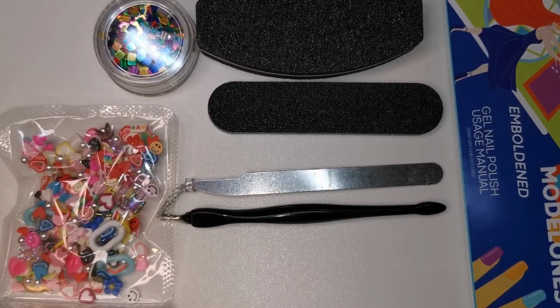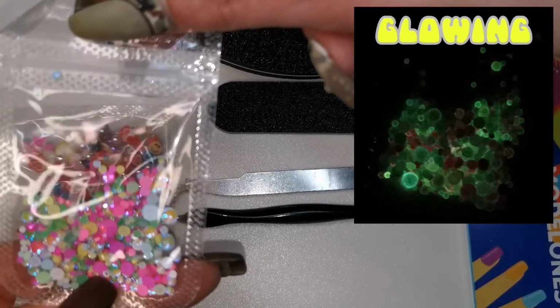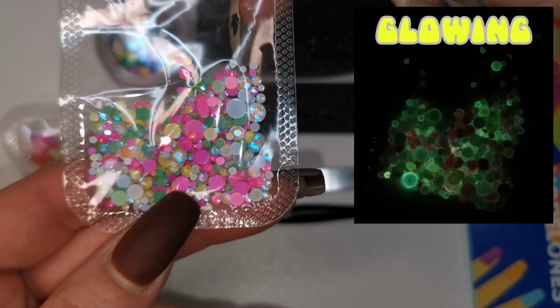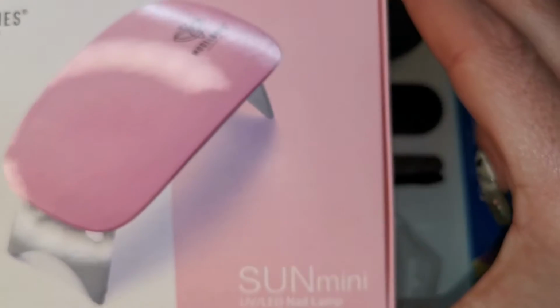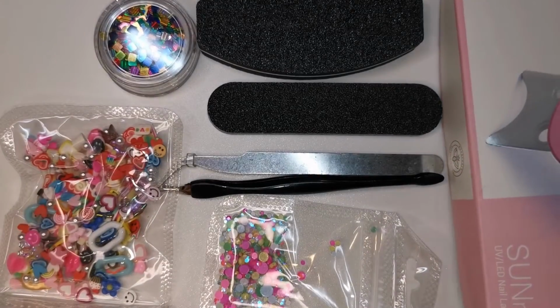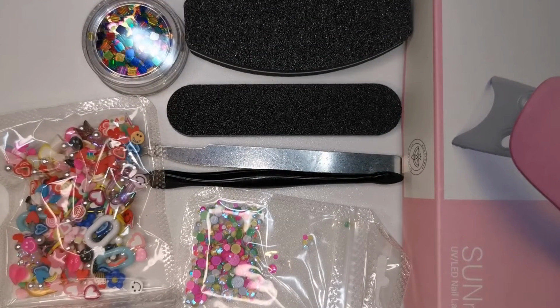Oh, they're cool. Oh, these are pretty. You get some glow-in-the-dark crystals. Look at them. They are super pretty. Love them. Then you get the Modelones mini lamp. Oh, you get a little postcard. And then finally, we've got